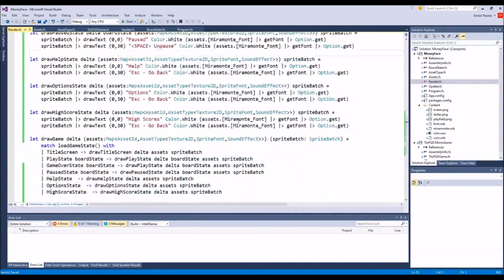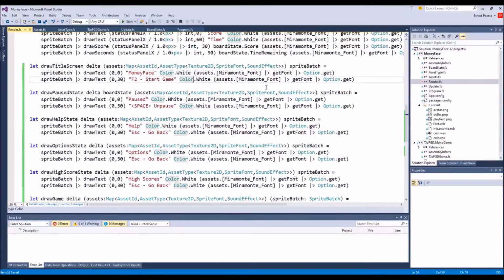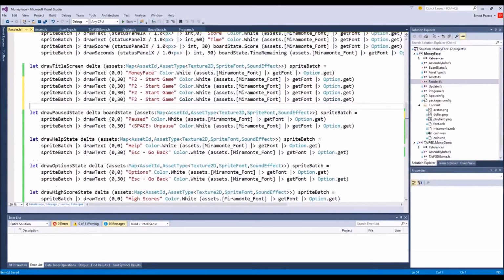Alright, and then let's augment our title screen. So we have F1, F2, F3, F4. F1 is help. We'll call instructions. This one we will call options. This one we're going to say high scores. Okay. And then naturally over here on update,